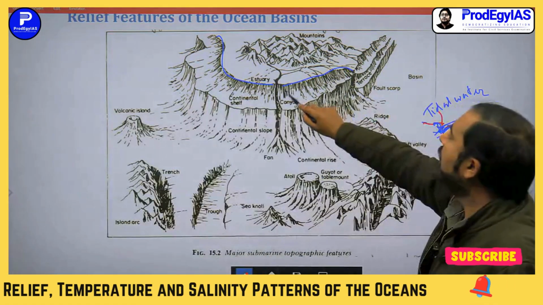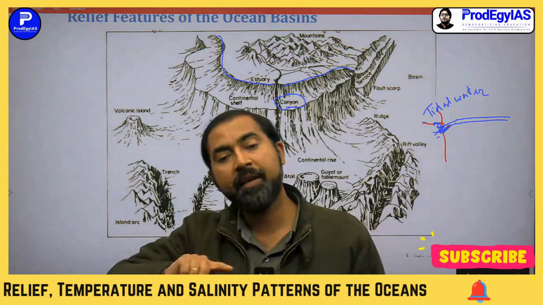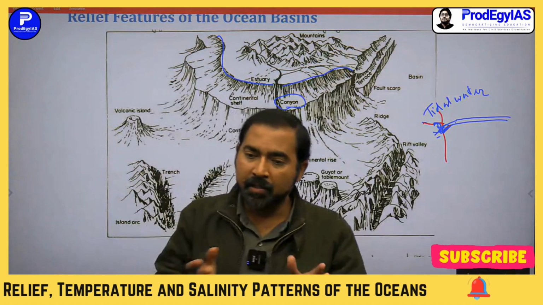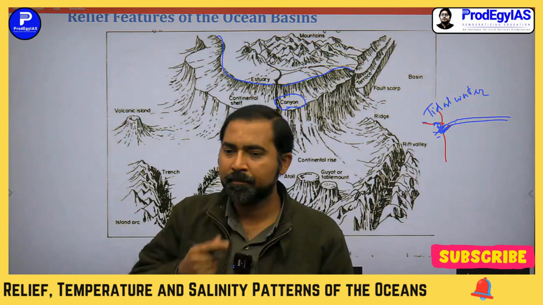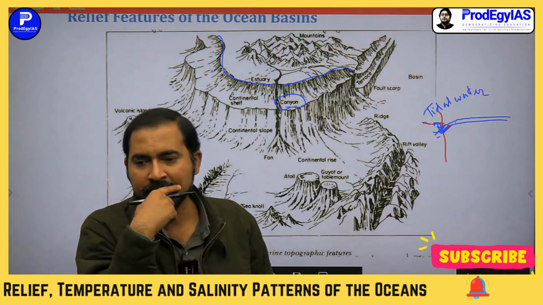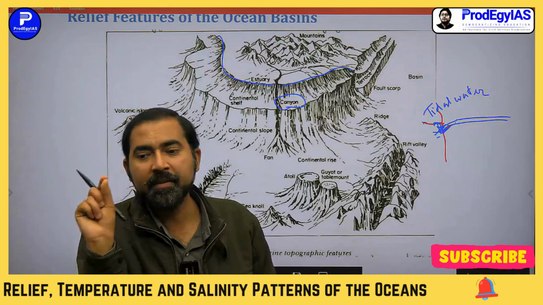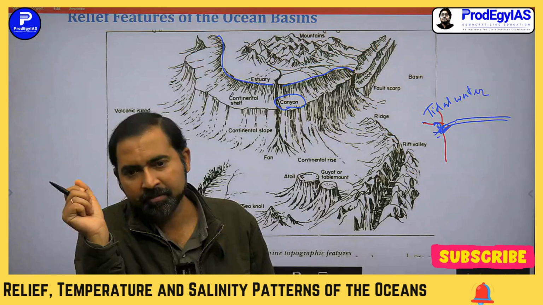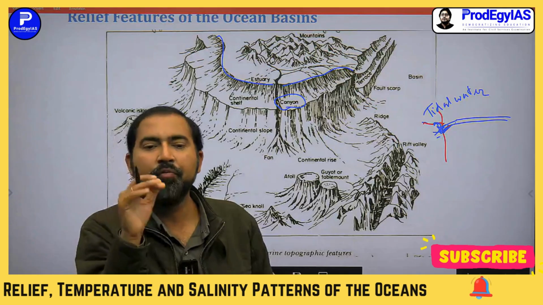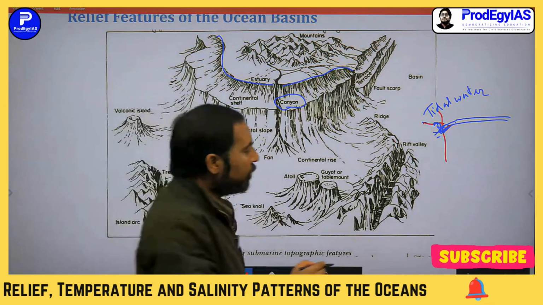And here you can see canyons, some of the canyons. You know that you can find canyons in the continental part, like I have already discussed. Where are the conditions of canyon formation? No, that is gorge. That is the condition of gorge making. It has some climatic factor attached with it, like the Grand Canyon of the Colorado River, USA. It should flow in a semi-arid or arid zone first, for canyon formation,